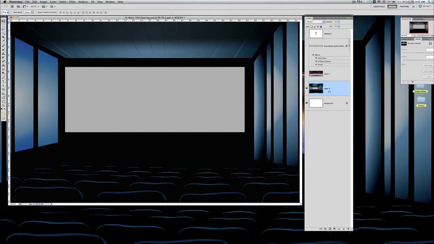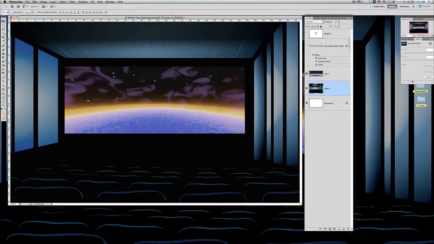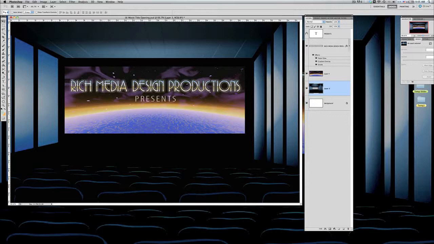Here you see the movie theater, and the middle section has been grayed out so that I can place an image in there. And being a sci-fi person, I placed an otherworldly image there, and then I proceeded to do my titling of my company, and it kind of says that something big is coming, like you do see in most movies that you see out there. So anyway,